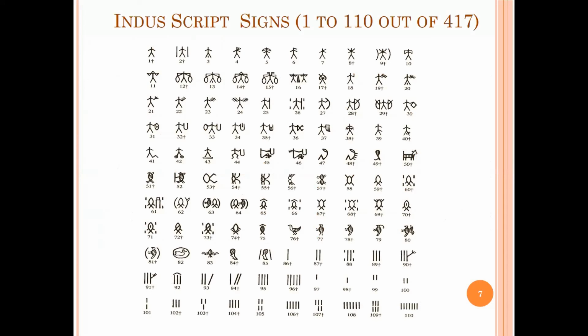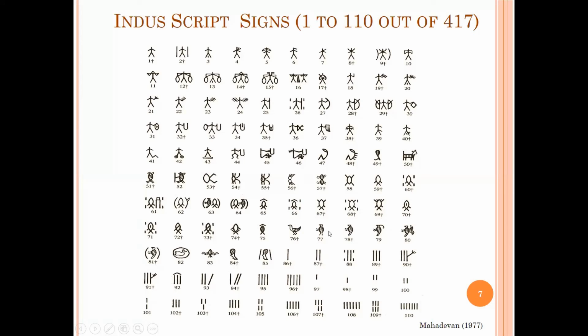So we use Mahadevan's concordance in most of our studies, and this is how the sign list of Mahadevan looks like. In the sign list of Mahadevan, there are about 417 signs, and this is 1/4 of the sign list. So you can see sign number 1 to sign number 110 shown over here. If we take a closer look at the design of the Indus signs, you can see that sign number 1 to sign number 48 look like various forms of human stick figures. Then we have a series of signs which look like fish, crab, birds, and so on.